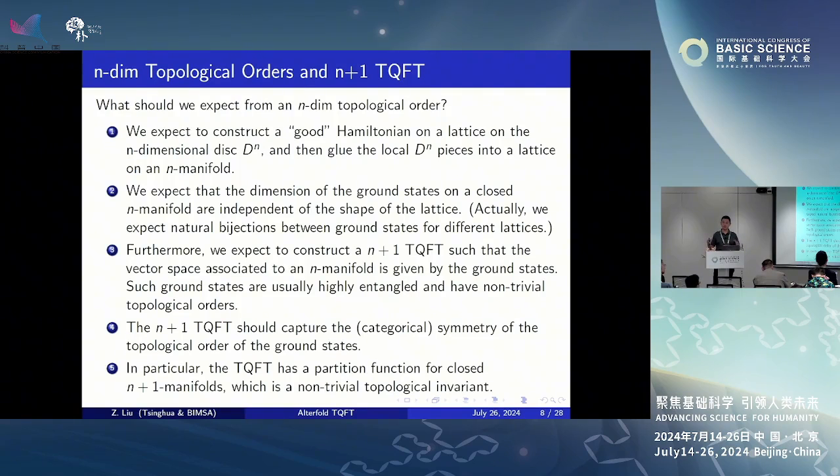Categorical symmetry tells the local symmetry of the states. That's the localized symmetry at a point or in a small neighborhood. But the TQFT tells not only the local symmetry, but also the global symmetry. So there are two different kinds of symmetry, and in this sense we consider TQFT to be somehow more general. In particular, from the construction, if we start with an n-category, that means we start with a system with local symmetry, and eventually we produce a system with non-trivial global symmetries.